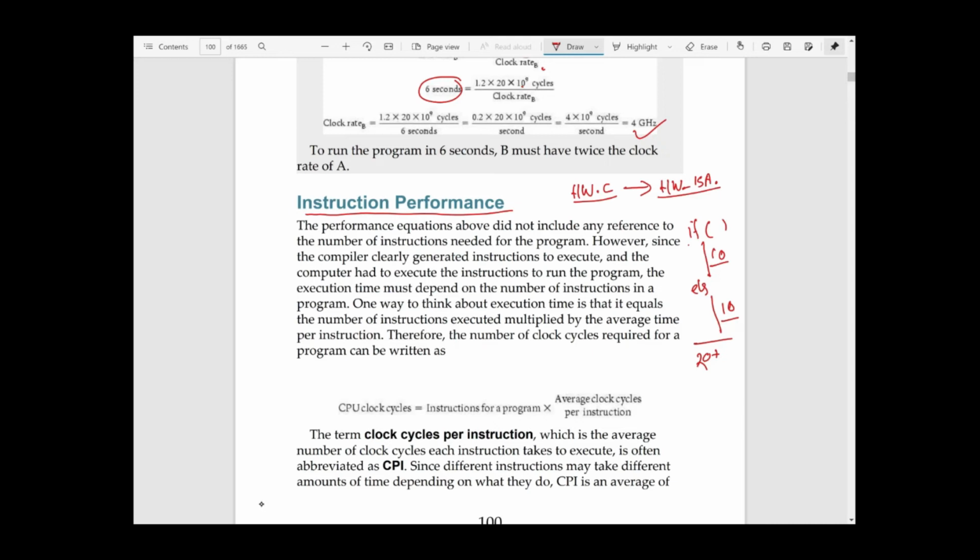If you run the program with some particular parameter, it may execute 10 instructions. Assume 10 and 20 to make a difference. It may be possible, right? In the if condition here there are 10 instructions, and in the else part there are 20 instructions. So if you run this program with a particular parameter where it goes to the true part of this if, then the instruction count will be 10 plus something. But if you go for the else part, then it will be 20 plus something. So instruction count means the total instructions executed when you are running the program.